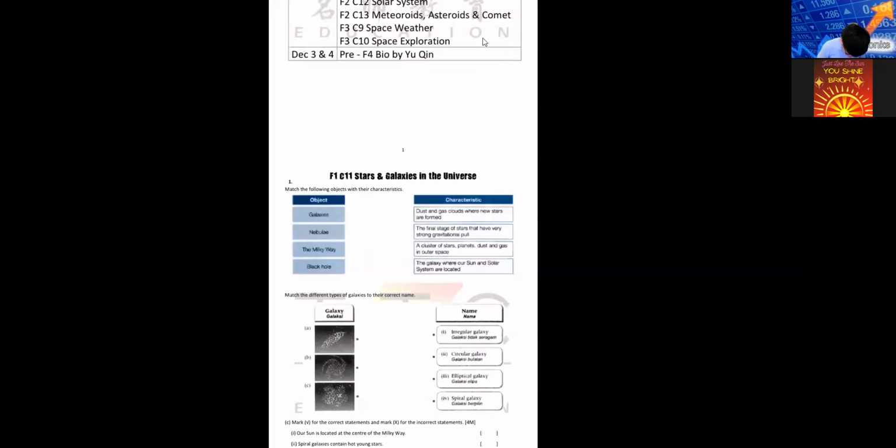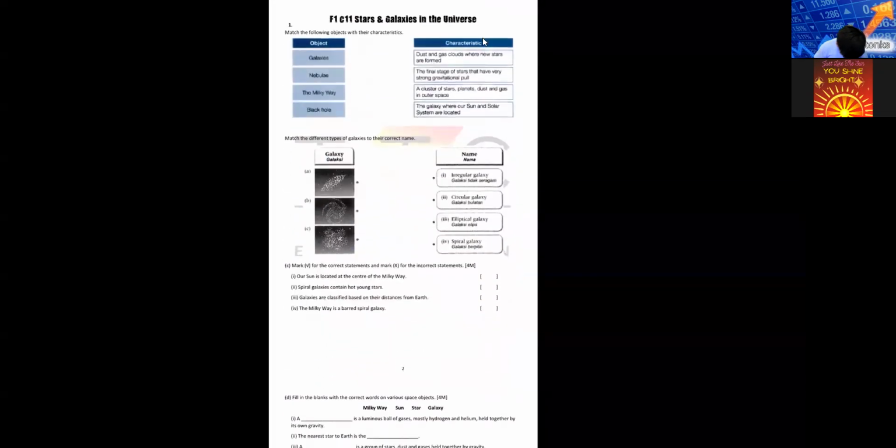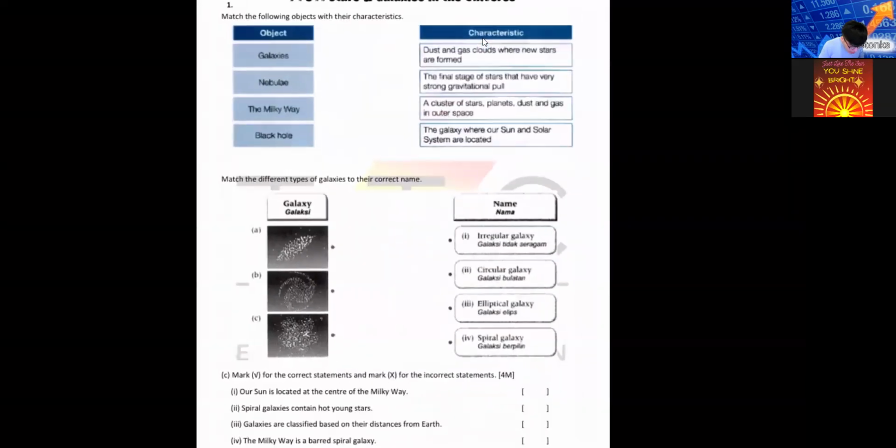Let's go to Form 3, chapter. Okay, let's look at question 2. I'm not going to discuss